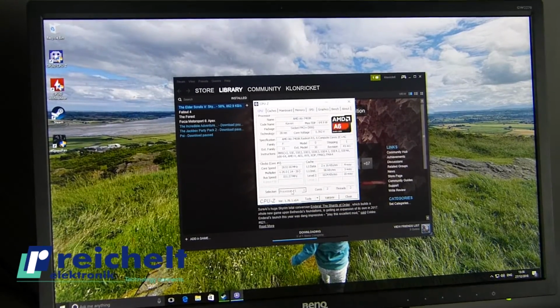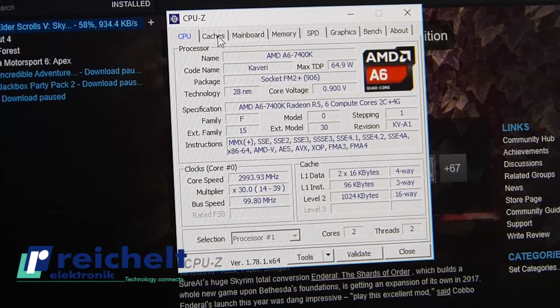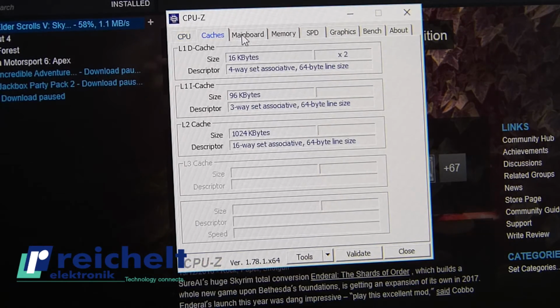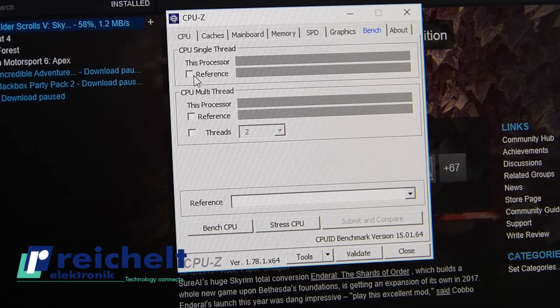Okay, so while Skyrim's downloading, we'll have a quick look at CPU-Z, a pretty reliable little hardware monitor that will show us what's happening with the system. Obviously this is all stuff we already know about the setup and the specs of the computer. There's no point in going over all this again. But we can do a quick benchmark test, and we can bench the CPU, for which we're getting 1100